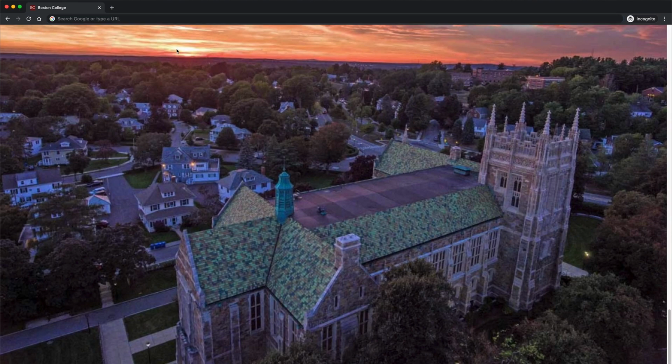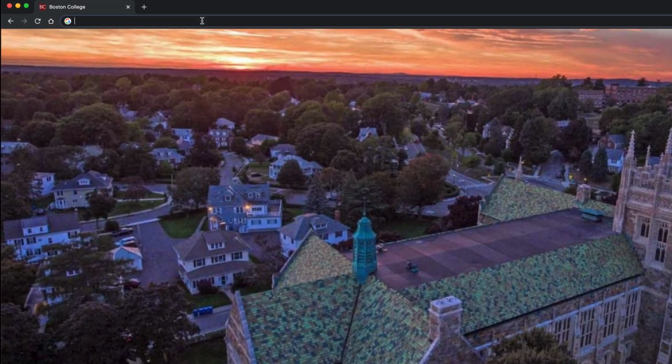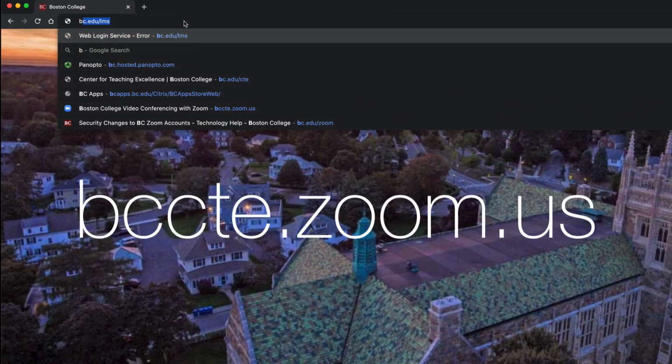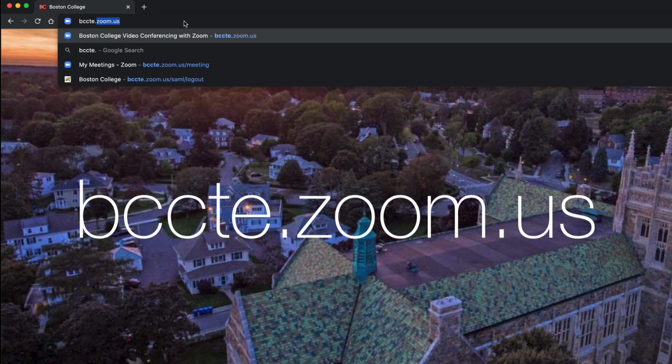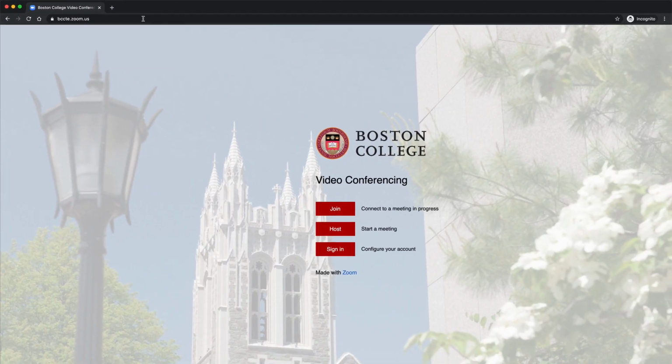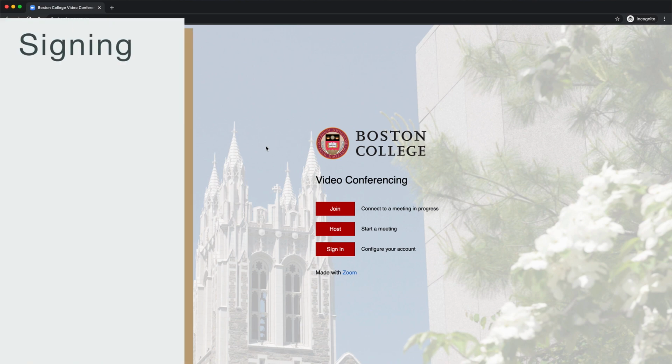So the first thing I'd like to show you is how to either set up or sign in to your Zoom account here at BC. I already have a Chrome web browser open here. The easiest thing to do is to go to our dedicated Zoom page, which if I click in the address bar in my web browser and go to bccte.zoom.us, you'll be brought to this landing page that makes it really easy and streamlines the process for signing in